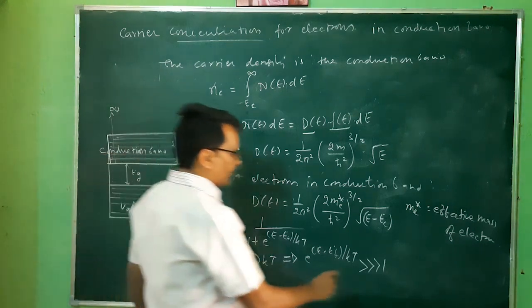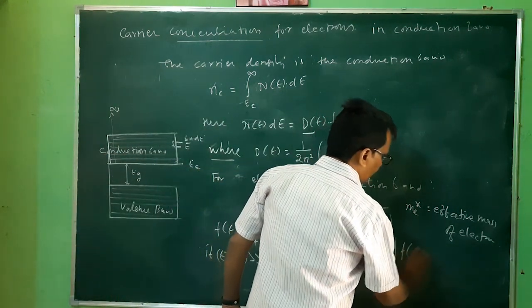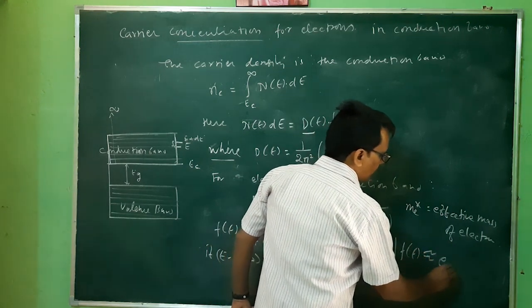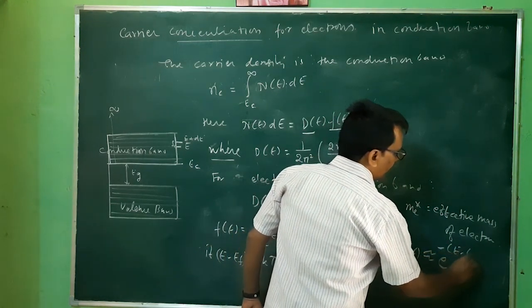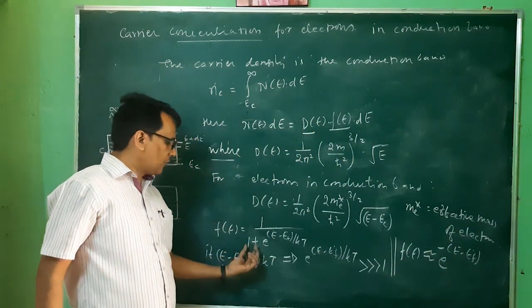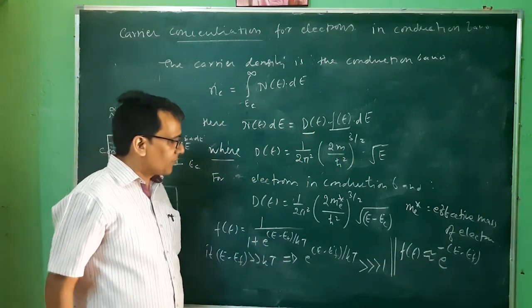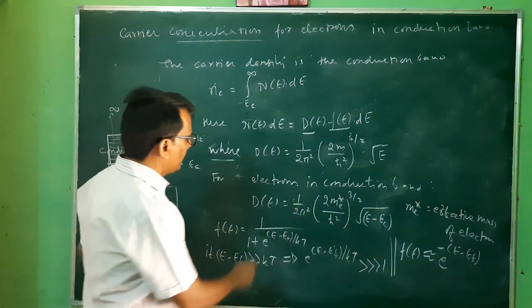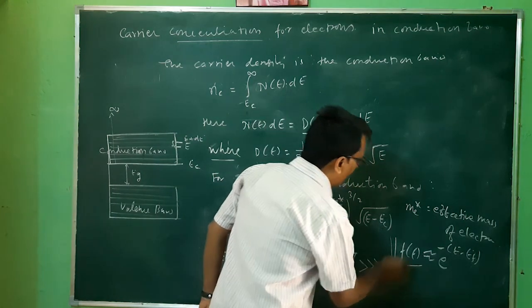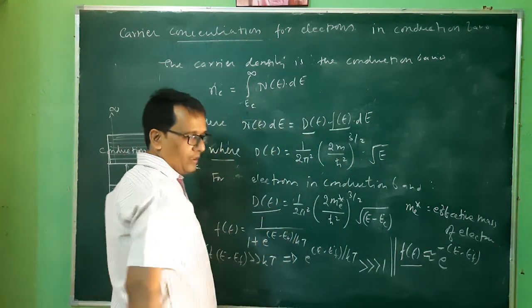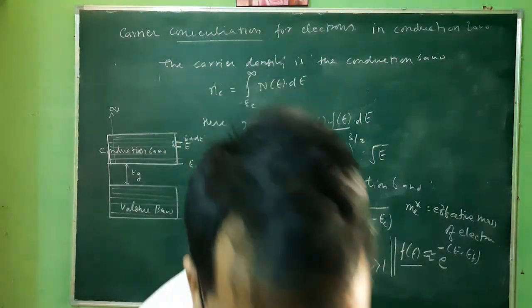So Fe can be written as approximately equal to exponential of minus (E − EF)/kT. This is dominant, so it is transferred to the numerator with a minus sign. Now I will put the value of dE and the value of Fe into this equation, and that Nc will be